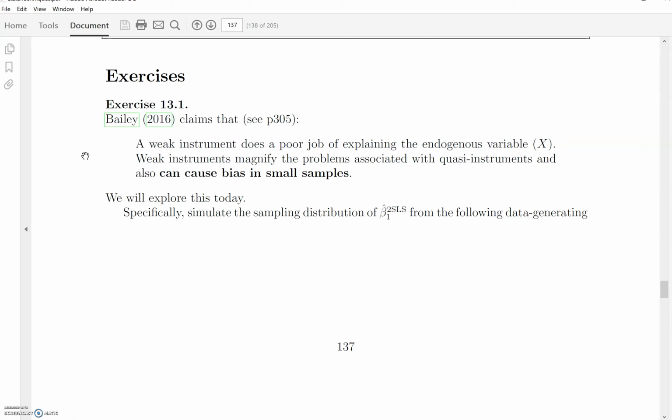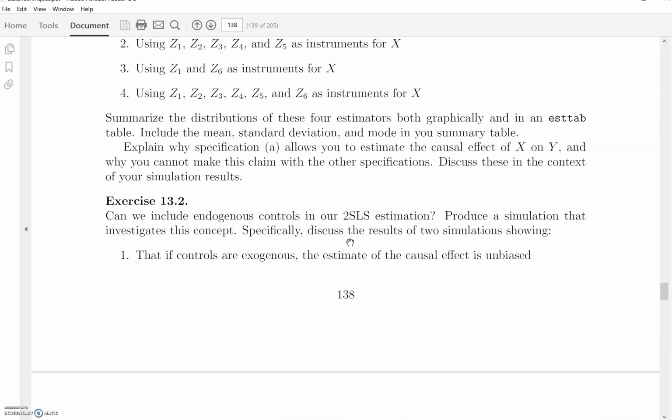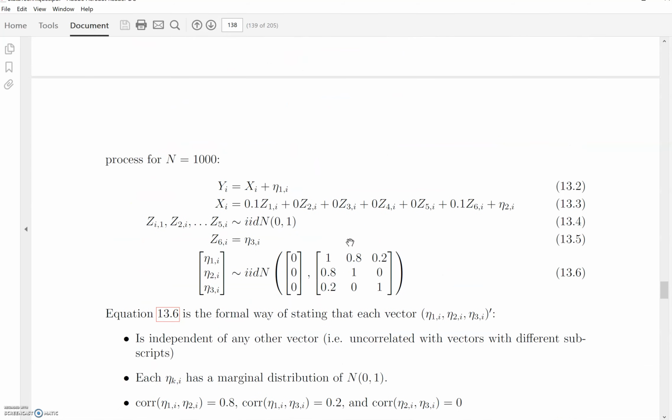Okay, so even if your instrument is uncorrelated with the error term, if it doesn't predict X very well, you're going to run into some problems if you have small samples. So we're going to explore this today. Specifically, we're going to simulate the sampling distribution of our two-stage least squares estimator using the following data generating process,